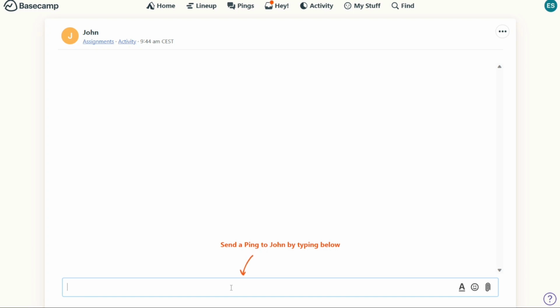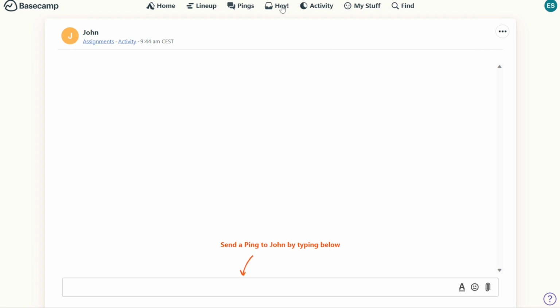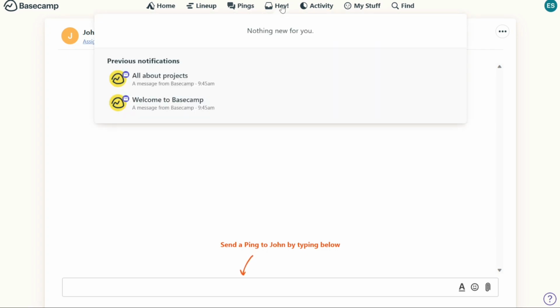the entire team. The Hey tab in Basecamp is a centralized location for all notifications and mentions within a project. It provides you with a quick and easy way to stay up to date with new messages, comments, and to-dos that are relevant to you. When you are mentioned in a message, comment, or to-do within a project, a notification will appear in the Hey tab. You can then click on the notification to quickly navigate to the relevant item and respond or complete the